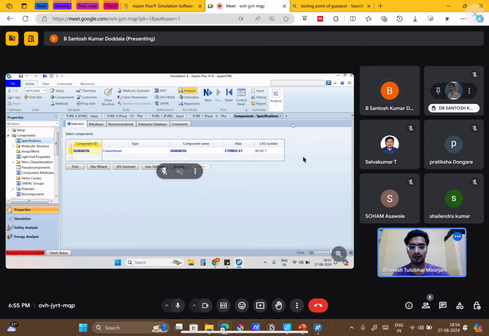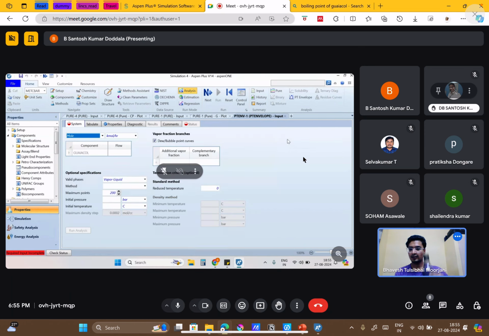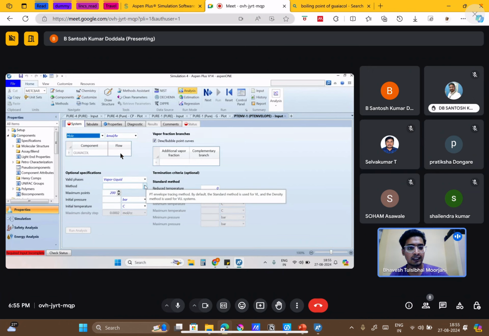You have to provide a flow rate. So for guaiacol, you can provide the flow as 1. By providing 1, it will take it as a full component, only one component. If we have a mixture, then providing flow will be kind of providing a ratio.